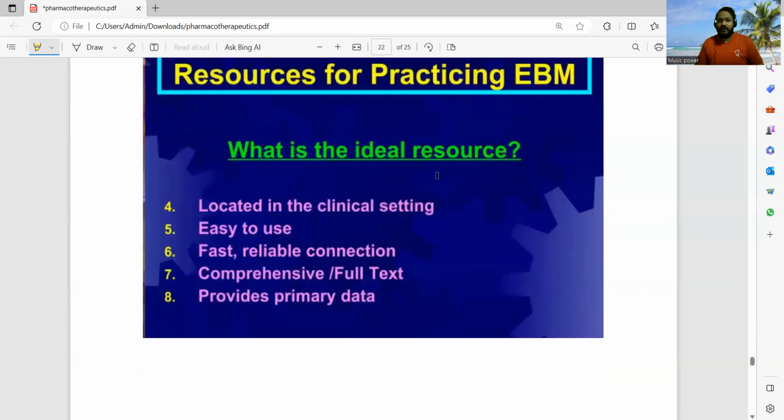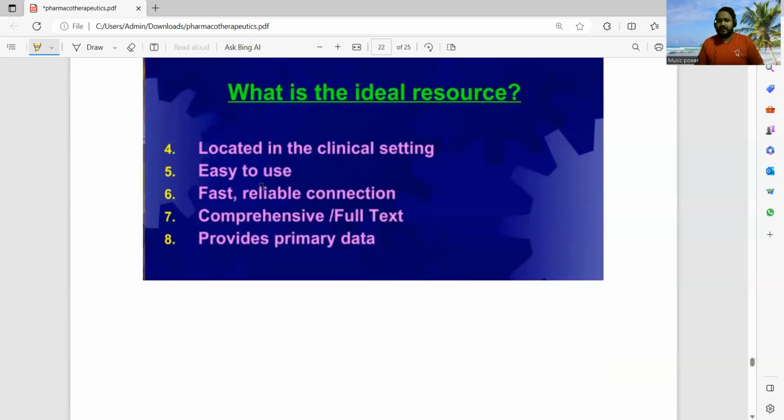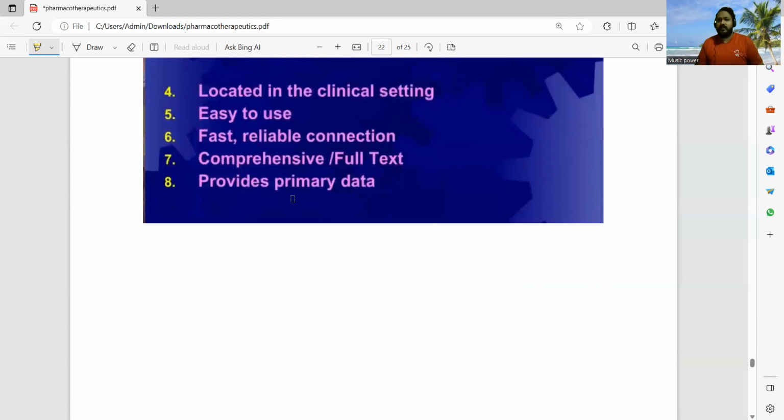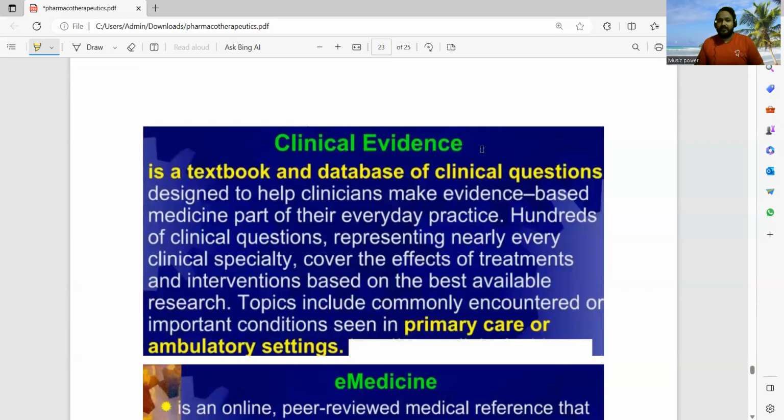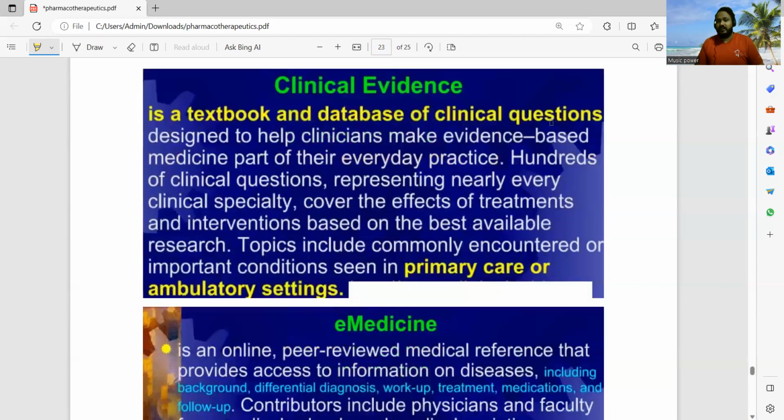What are the ideal resources? Located in the clinical setting, easy to use, fast and reliable connection, comprehensive and full text, and provide primary data. And Clinical Evidence is a textbook and database of clinical questions designed to help the clinician make evidence-based medicine part of their everyday practice. It has hundreds of clinical questions representing nearly every clinical specialty, covers the effects of treatment and intervention based on the best available research, and topics include the commonly encountered and important conditions seen in primary care and ambulatory